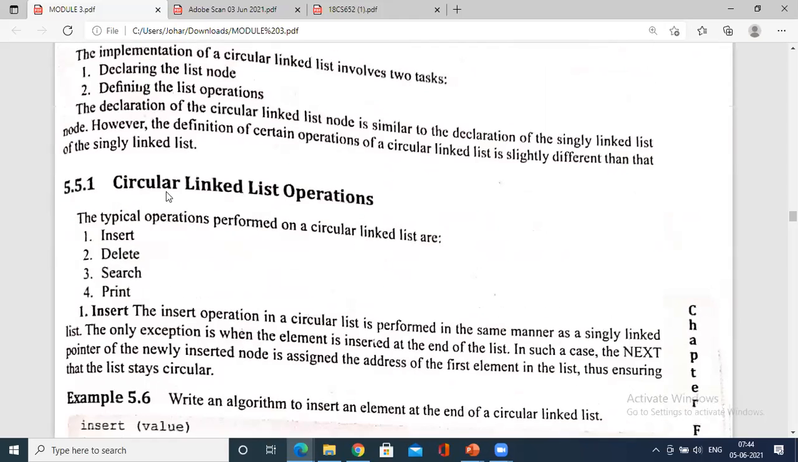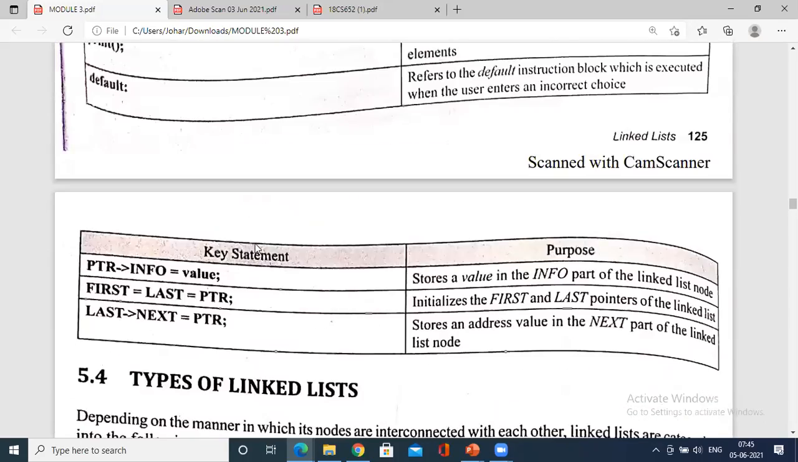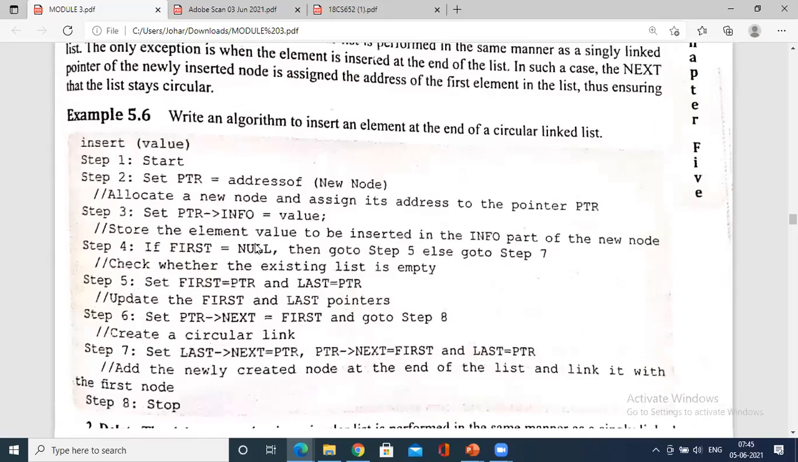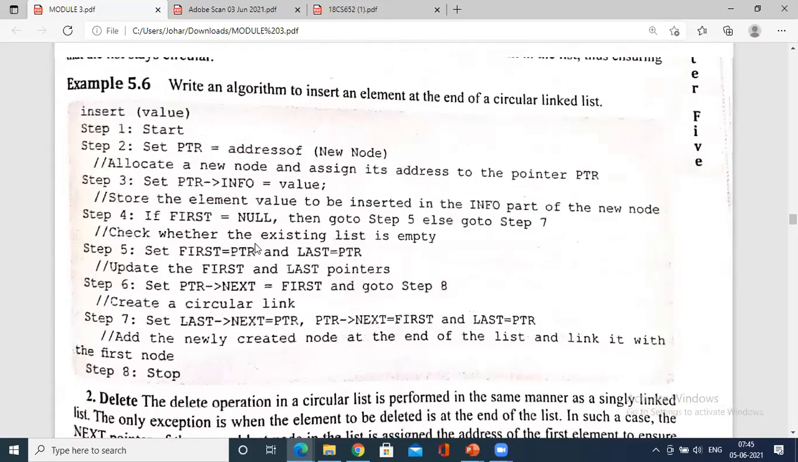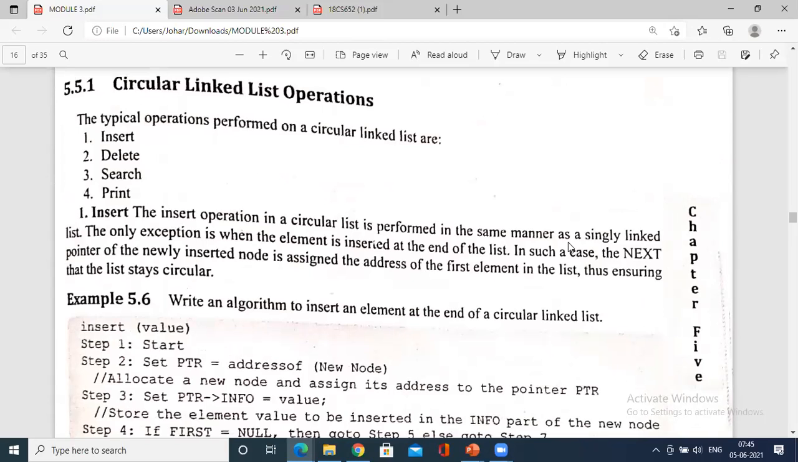We have many things: insertion, deletion. One by one we'll see. Similarly, for the singly linked list also he has shown you, right? And the doubly linked list also. The operations are very simple: insertion, deletion, searching, and printing the elements of the linked list that is being stored. Clear? Now coming to the other concepts,